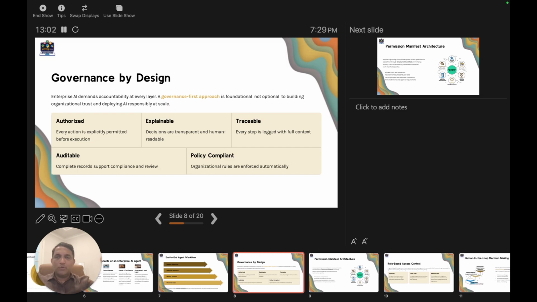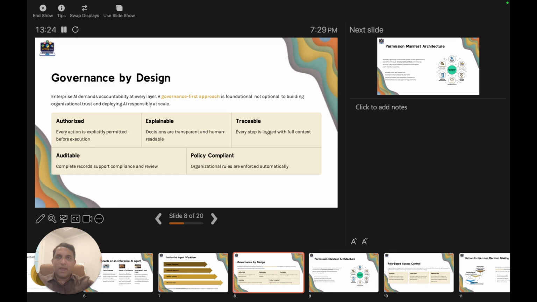So the next topic we are covering is governance by design. We spoke about the end-to-end agent workflow. We spoke about how MCP is there, but the important piece here is how we are putting governance in depth into the systems. This brings us to the core thesis, governance by design. What is that?